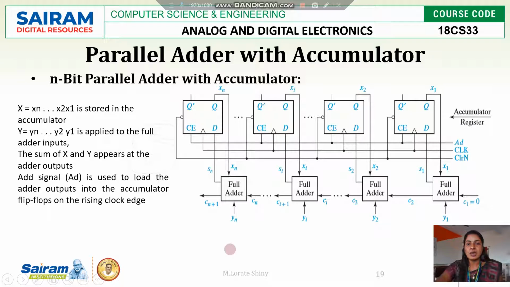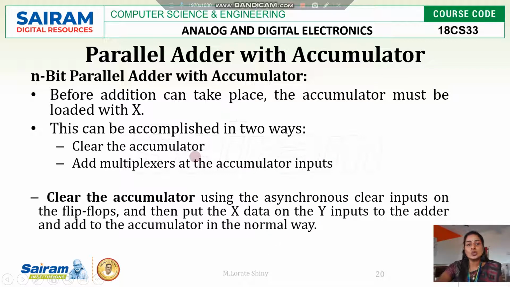As I said, the first number should be loaded to the accumulator register. So how do we load the first data into the accumulator? There are two ways. First, clear the accumulator; second, add a multiplexer at the accumulator input. First one, clear the accumulator.